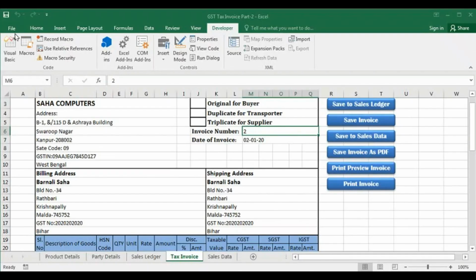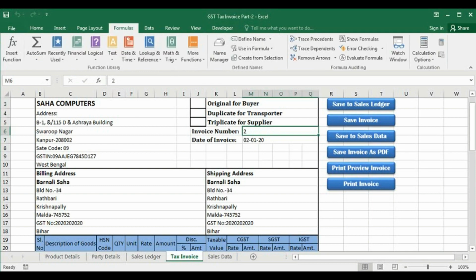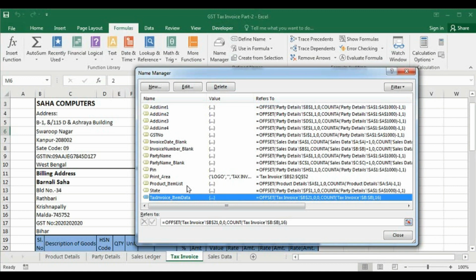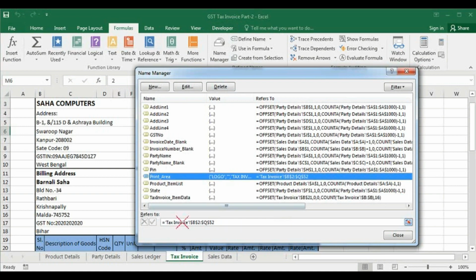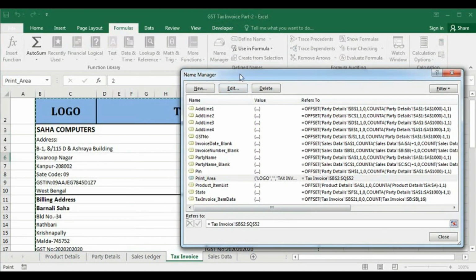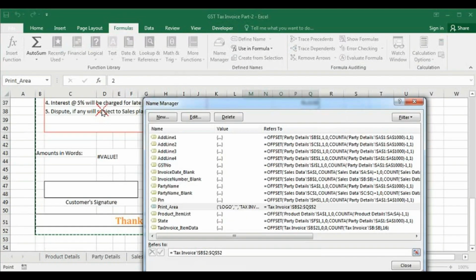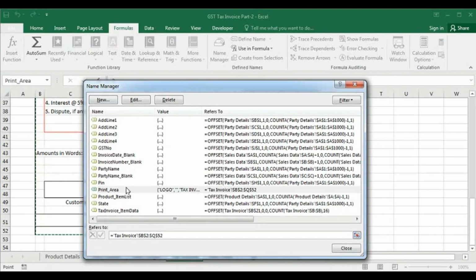Let's see here, Formulas, Name Manager, tax invoice item data, where is it, print area. So this is the total area that we want to print, or you can use this print area also, because this total invoice is saved under the name print area.